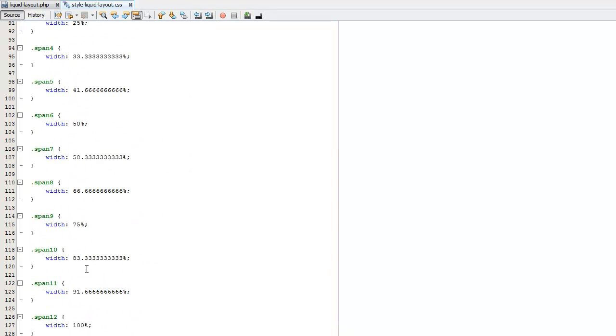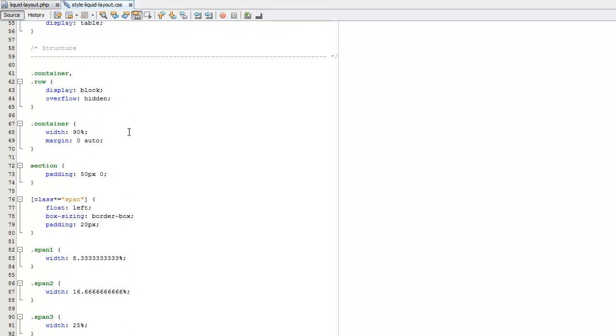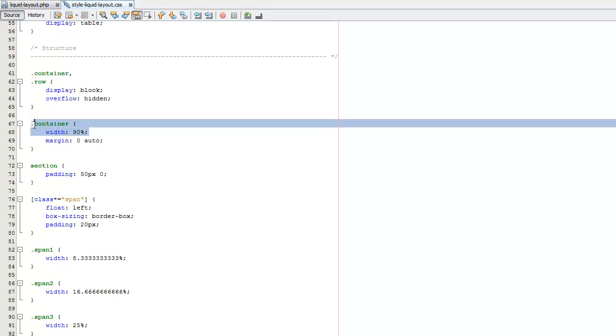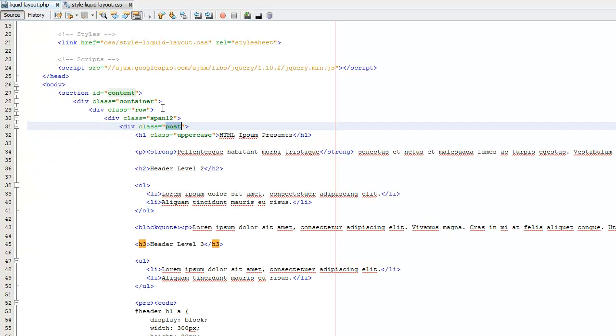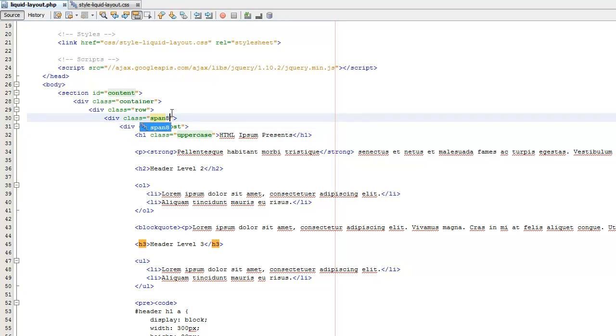All right, so again, the main thing here that's different from a fluid grid is this container class. It's set to a width of 90%. And it always stays that way. So that makes it so we could, if we wanted, change this to a span of 8. And